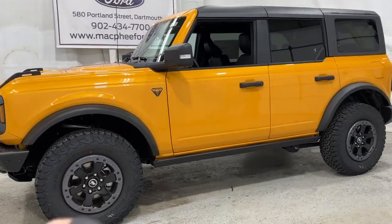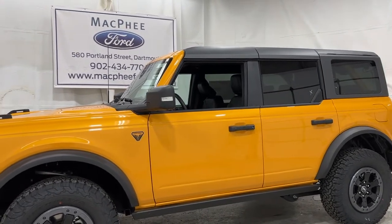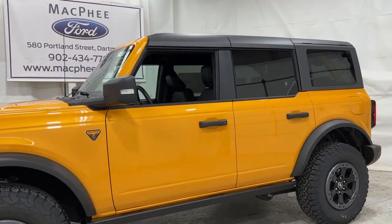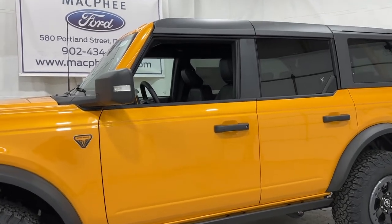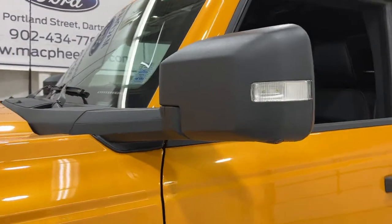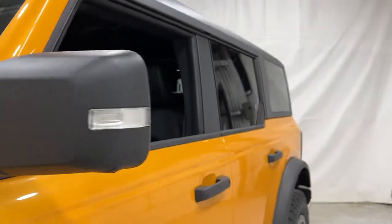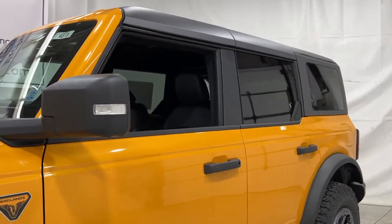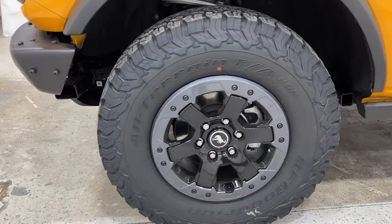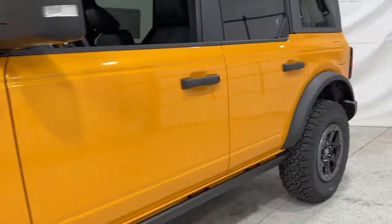One of the amenity features is, of course, remote start. You go ahead, have the EcoBoost engine fire up, lets the Bronco warm up while you get your coffee ready before you head out for the day in the winter. The most important part is the mirrors, not attached to the doors. They were on their own pillar, so when you take the doors and the roof off, like this one, you still get your mirrors. This one also has the 33-inch BF Goodrich all-terrain tires, KO2s, and let's take a look